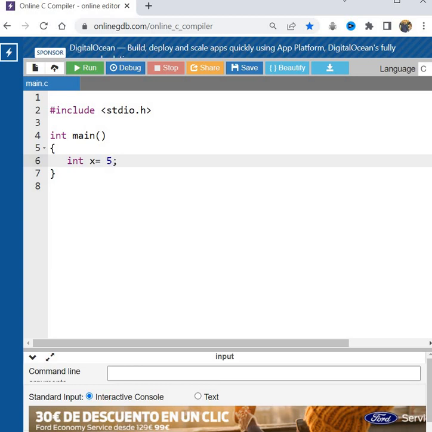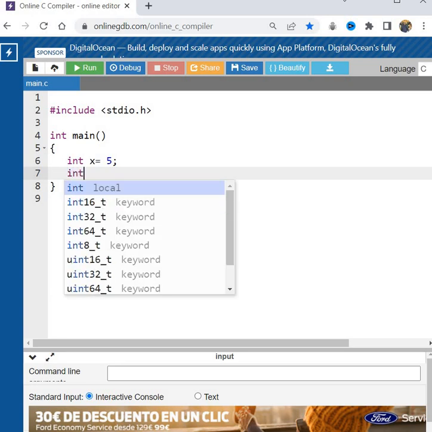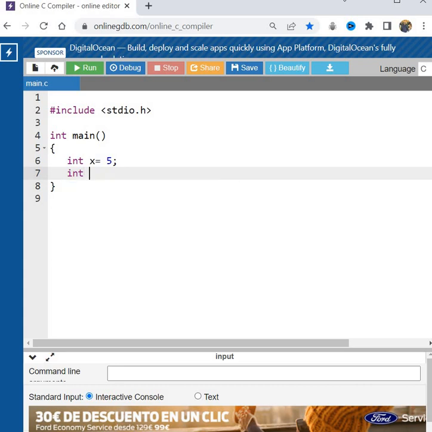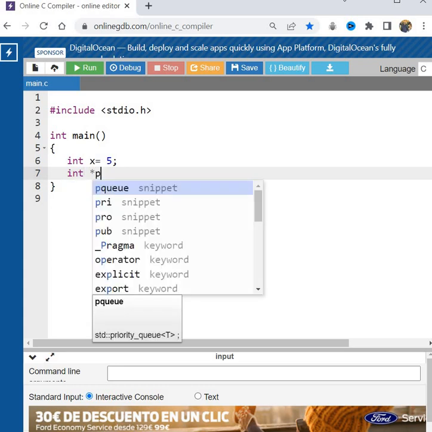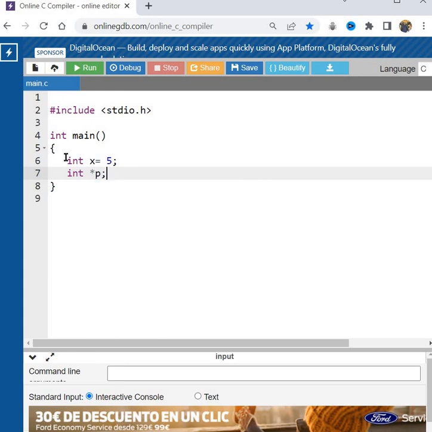This is our variable declaration. Now we will declare a pointer, which should be int *p;